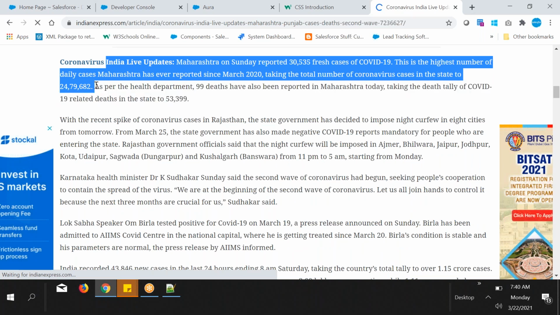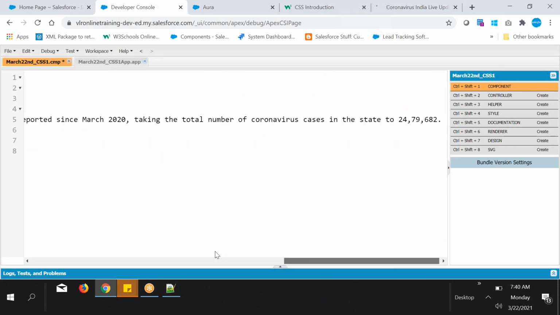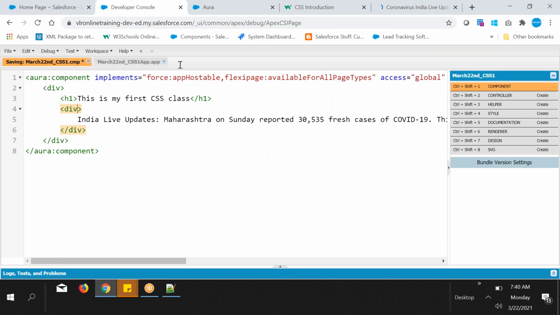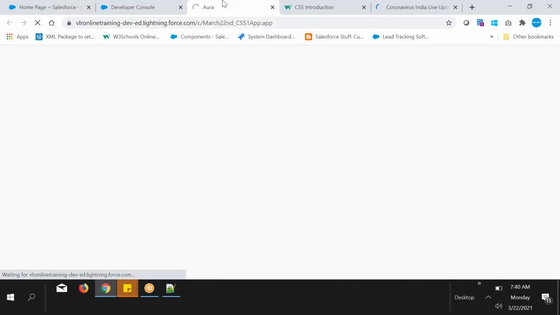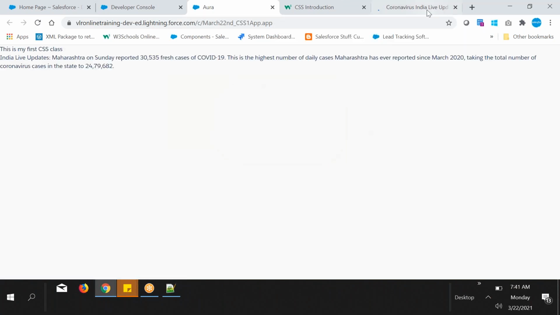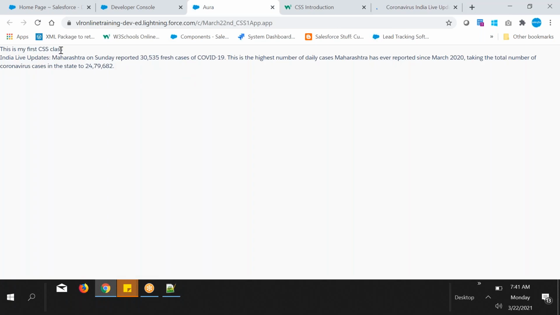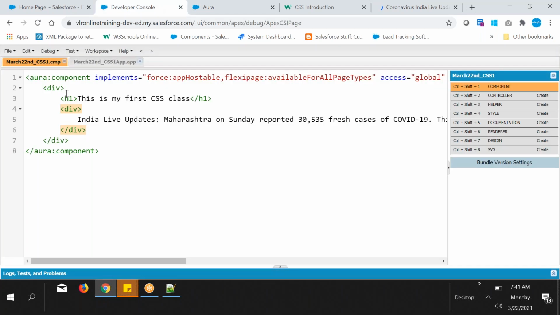Okay, let's take some text at least. Some text, copy it. We can utilize this text. Okay, good. Now refresh it. So let's see here. I want to display this with bold. Before going to that, let's move it to the right side.